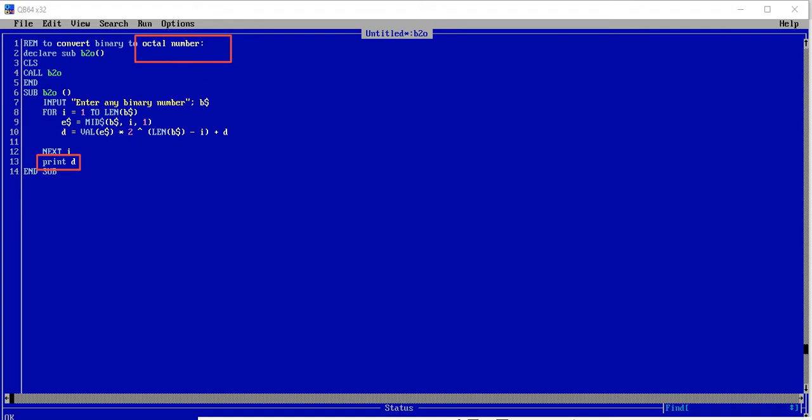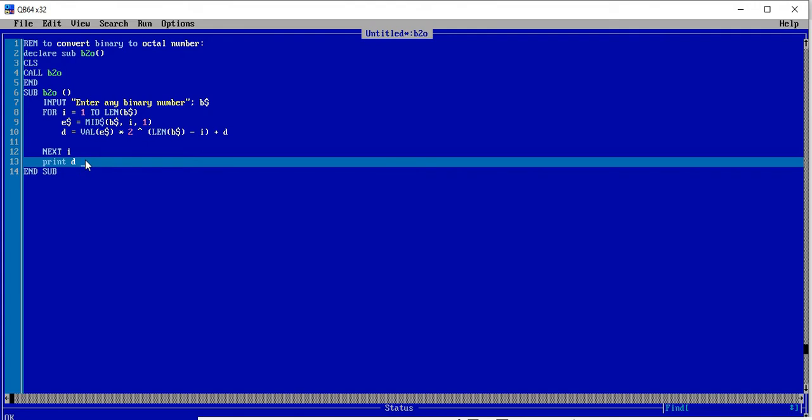Let's move ahead, removing this print. The decimal equivalent of that binary number is stored in D, and for D we have to process it to give the octal number. D means the decimal equivalent.